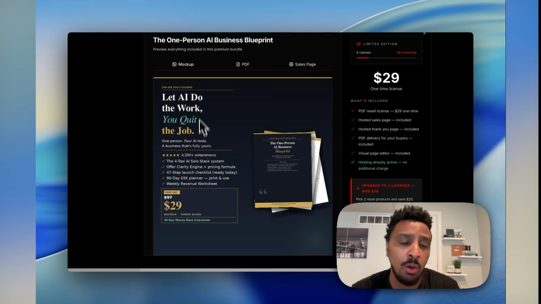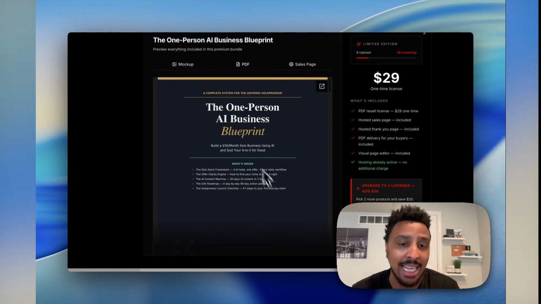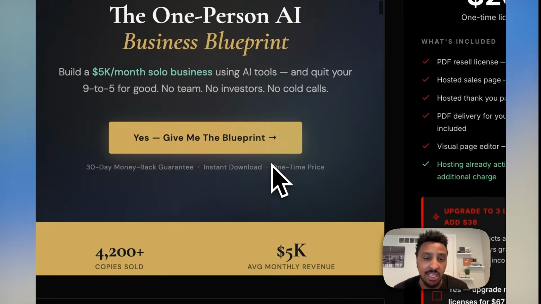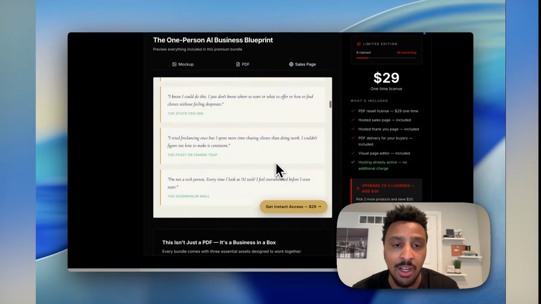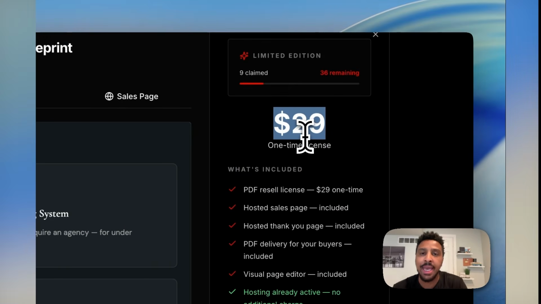So most people are going to click on an ad like this. They're going to go over here, and after they purchase, of course, they're going to access their PDF. But before they access their PDF, they will be met with a beautiful sales page just like you see right here. So overall, this is PDF Vault, and this is a whole business right here